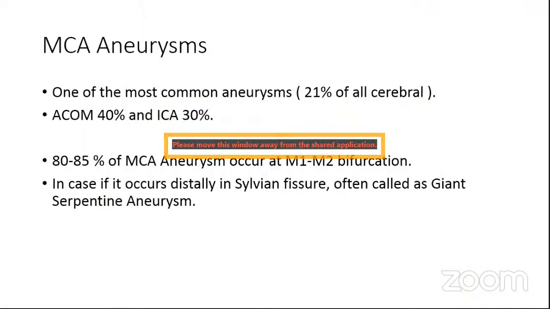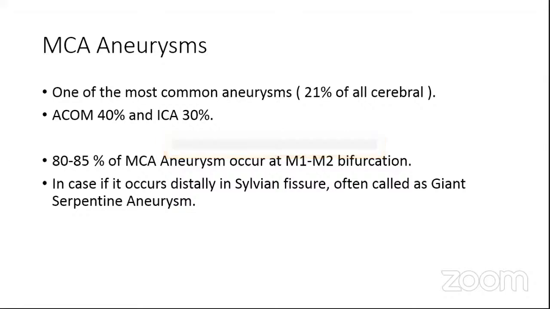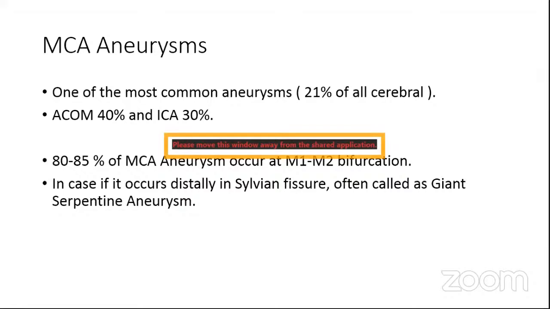Now coming towards the middle cerebral artery aneurysms. These are one of the most common aneurysms. They make up 21% of all the cerebral aneurysms identified or discovered. The most common is the ACOM, anterior communicating artery aneurysm, which is 40%, and the second one is the